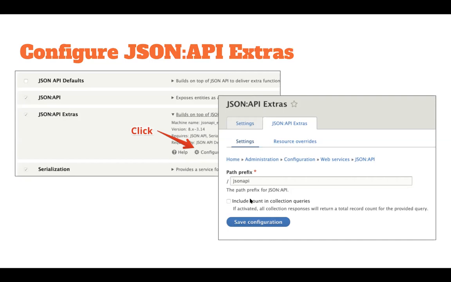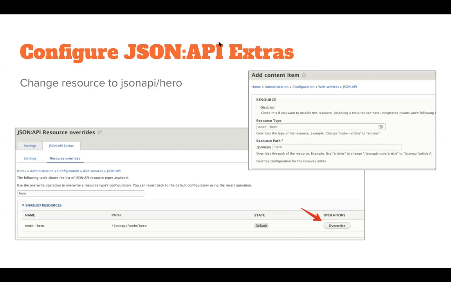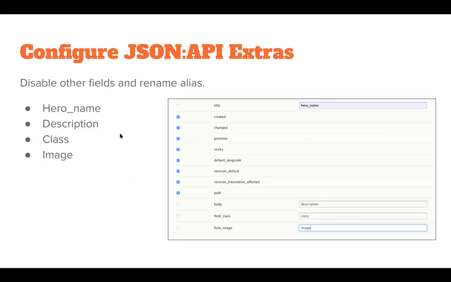Okay, just a support. So after that, you could also overwrite it later on if you decide to update it. So here, you notice the resource path is set to hero. Okay, and after that,